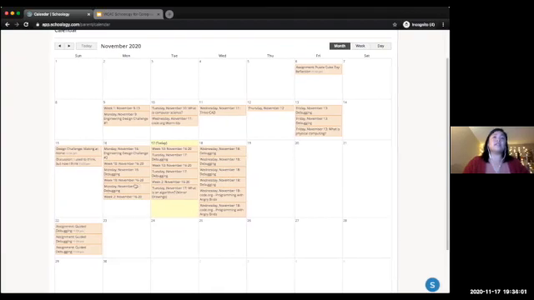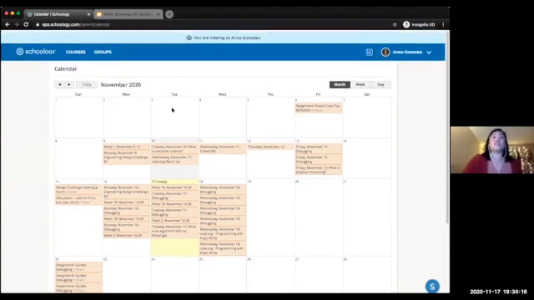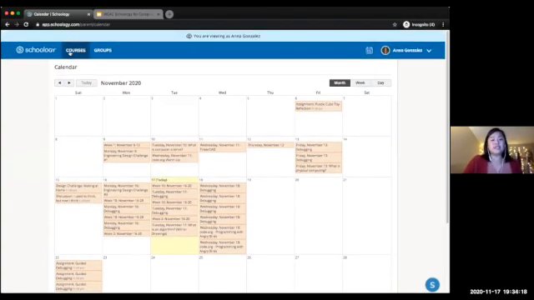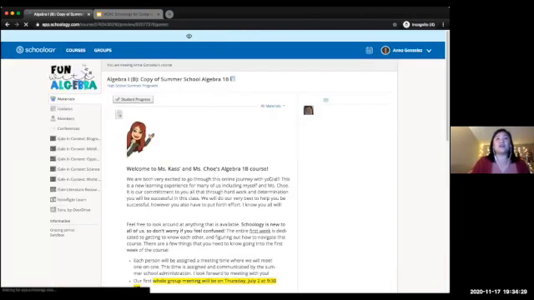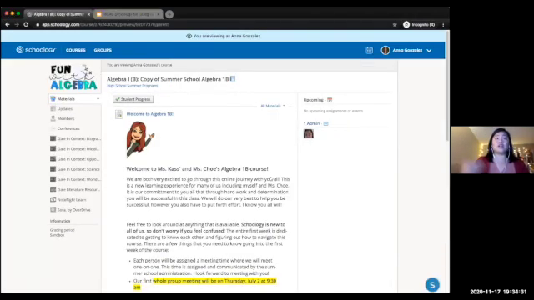It's hard to tell because of the way my screen is, but there's a little icon that shows that it's an assignment, and it is labeled assignment. Discussions are labeled discussion, and your student can just click on these things and make sure that they're all done. Now, to navigate to your students' courses, you can look here. These are all the courses that my roommate is enrolled in as a student. And so we'll focus on this one, which is a copy of a class that I taught with Schoology during